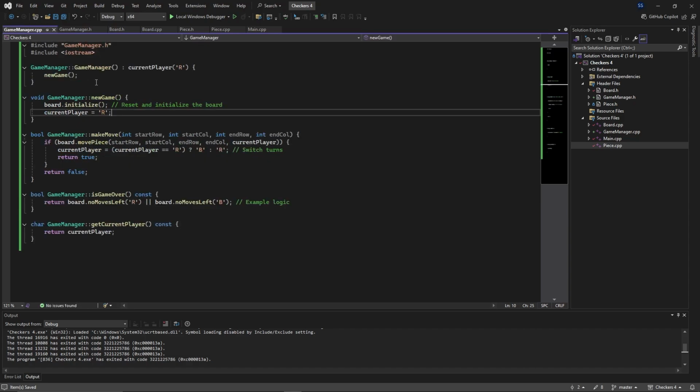All right, so we're going to initialize the board. Current player is going to be R. That's going to be the first one. All right. Boolean GameManager make move: int start row, start col, int end row, int end col. So if board move piece,